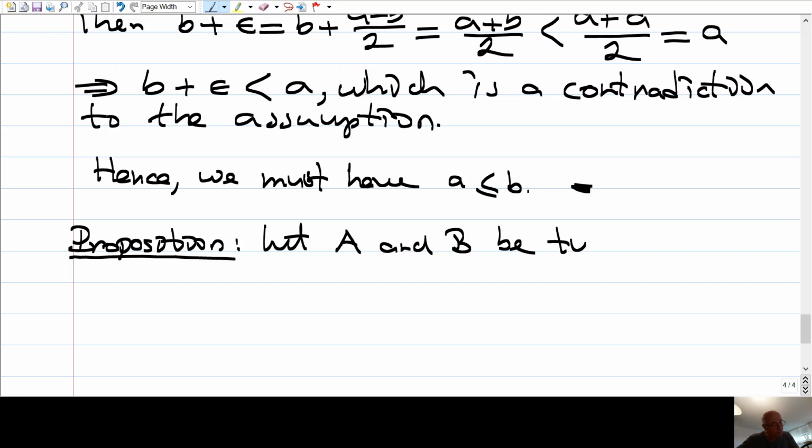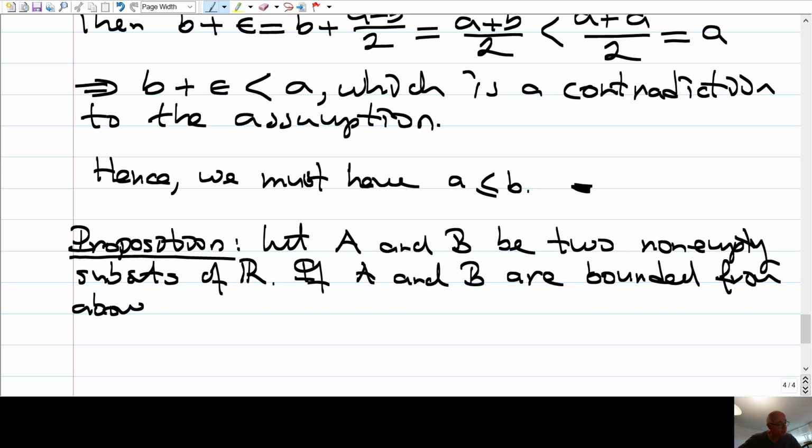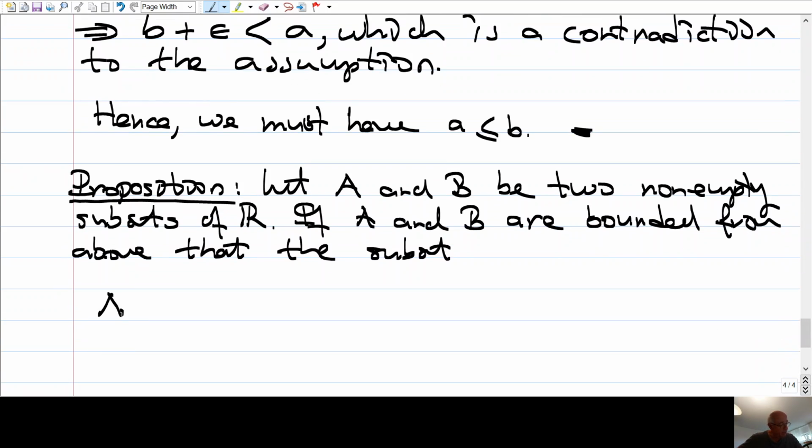let A and B be two non-empty subsets of real numbers. If A and B are bounded from above, then the subset A plus B,